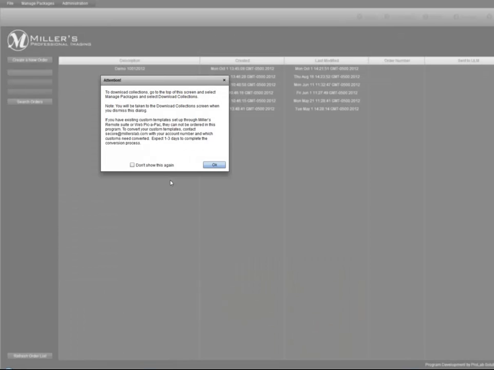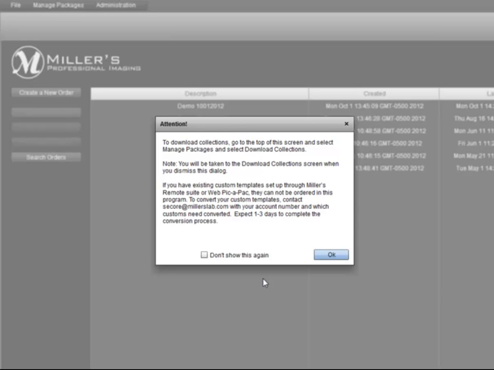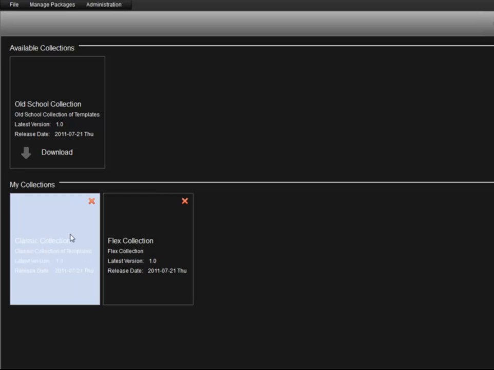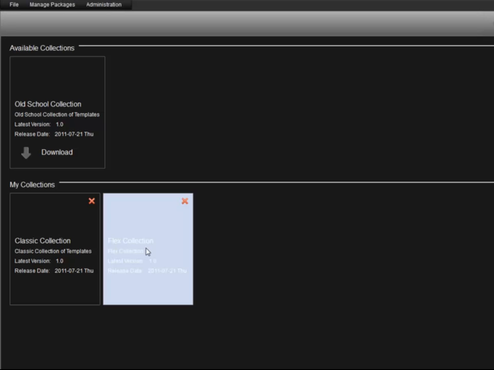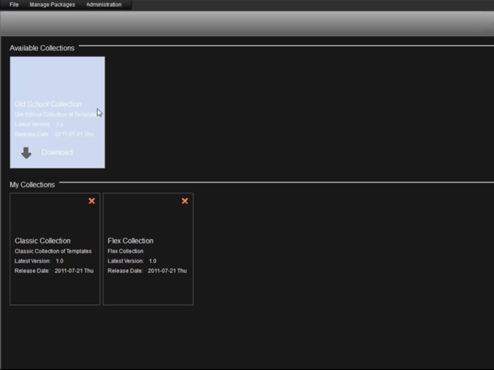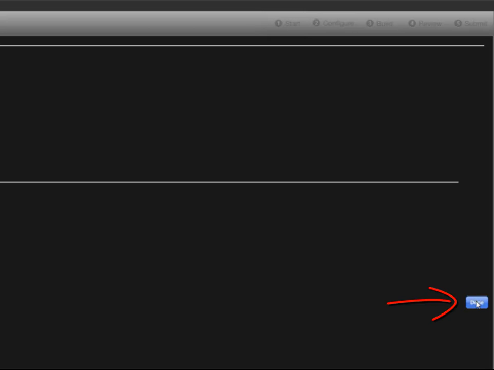The very first thing we need to do is to download and install collections, the Classic, the Old School, the Flex collection. We need to at least download one of those collections of templates into the software. To do that, just click on the OK button, and that brings us to the next page. I have two collections already downloaded, the Classic Collection and the Flex Collection. We still have the Old School Collection that can be downloaded and installed on this system. To do that, just click here, and that will download that set of templates in that collection. Once you have all the collections you want downloaded, click on Done, and that returns us to that main screen